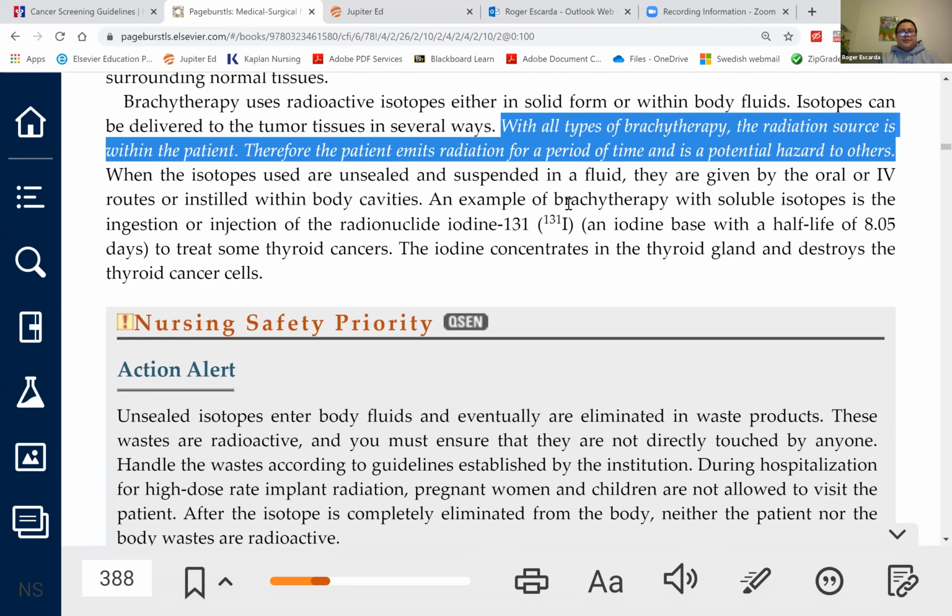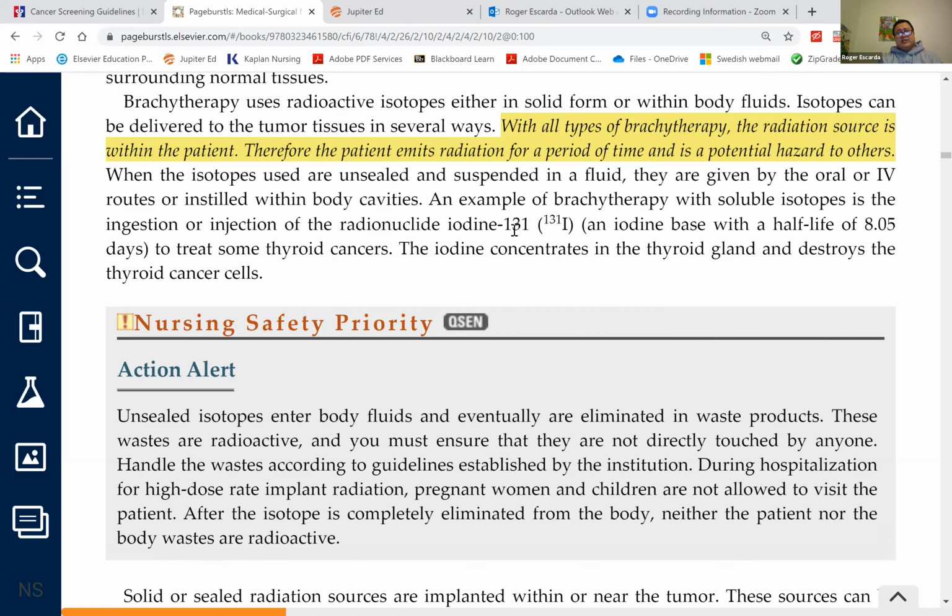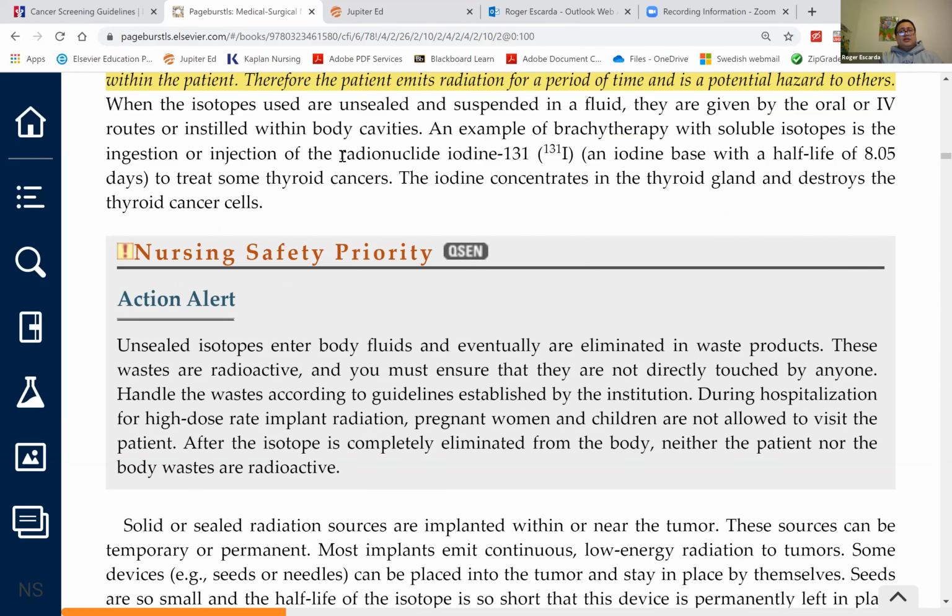So one example of brachytherapy, as I mentioned earlier, is for treatment of hyperthyroidism. It can also be used to treat thyroid cancer. RAI 131, or radionuclide iodine 131. This is the therapeutic form of radioactive iodine, because there's a diagnostic form which is named something else. You'll discuss that in your 5th semester under hyperthyroidism. So this is one form of internal unsealed radiation. Now,